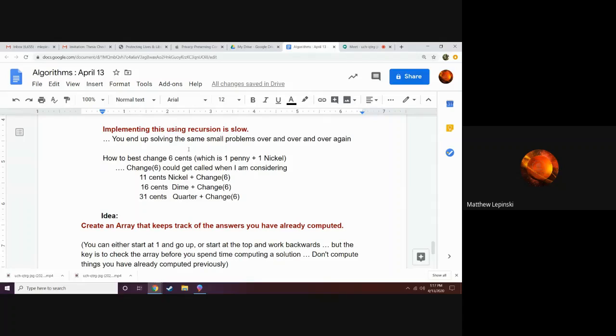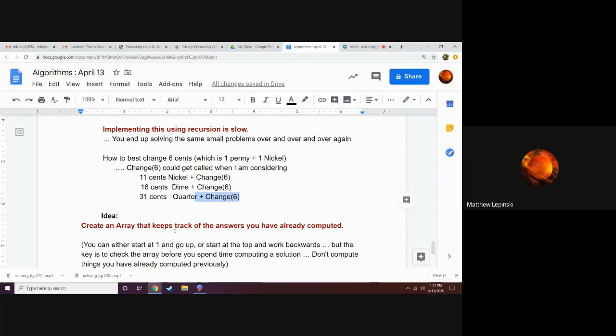We had an example last time where you wanted to make change. The best way to make change for 6 cents is a penny and a nickel, and you could end up solving this change 6 problem many, many times as part of the solution to a bunch of different problems,